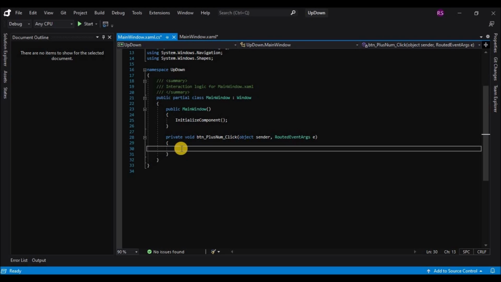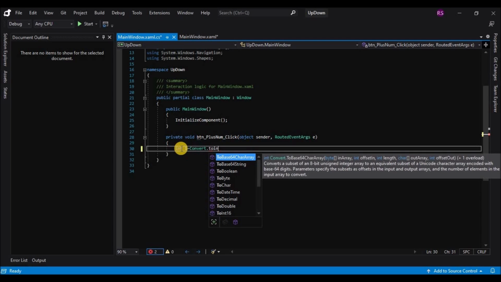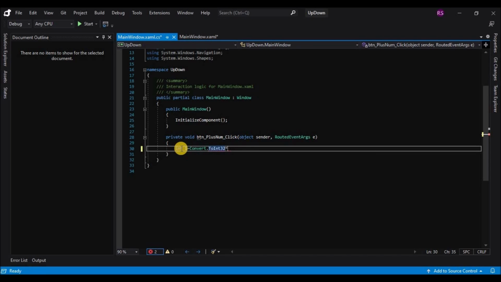So let's start by getting the button content into an integer variable and then increasing it. So creating an int variable and assigning it the center button content. So button num dot content.